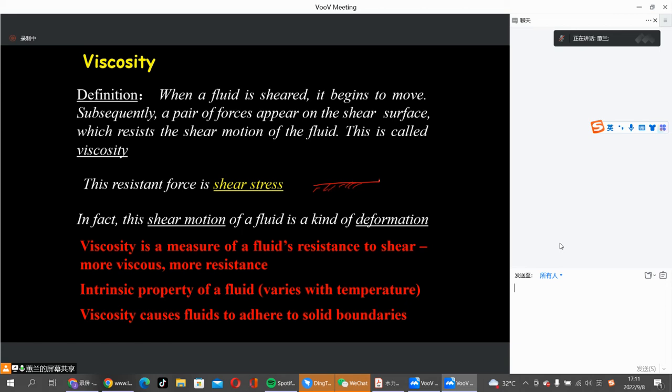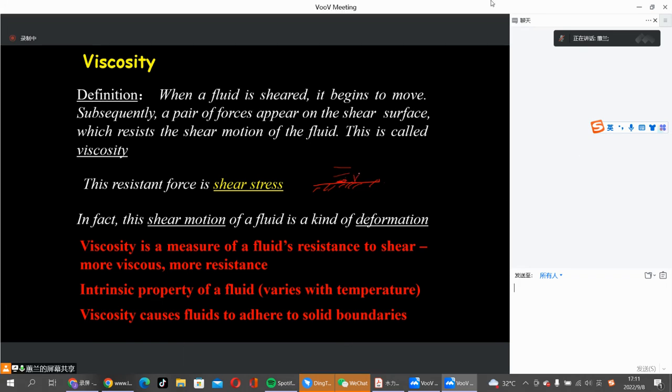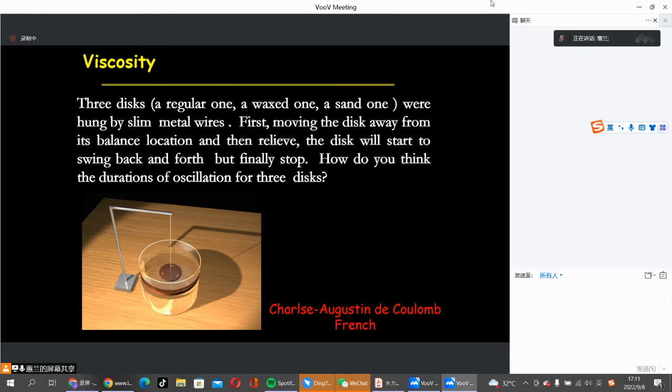Just like this is a solid boundary, it's fixed. However, if we regard the fluid as non-viscous, having no viscosity, the fluid in contact with the fixed solid boundary still has a tangential velocity. Sure, the normal velocity will equal zero because the fluid can't go into the solid wall, right? It's very important, okay? So for viscosity, one more thing we need to understand is what decides the friction force